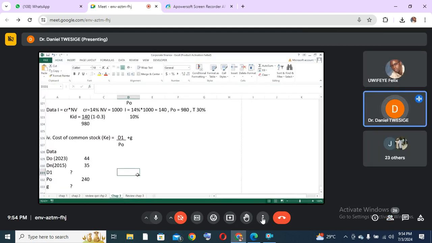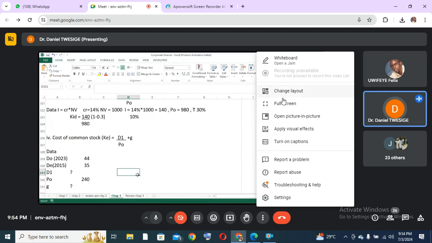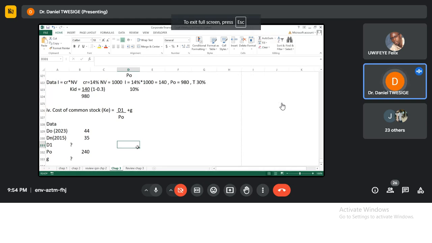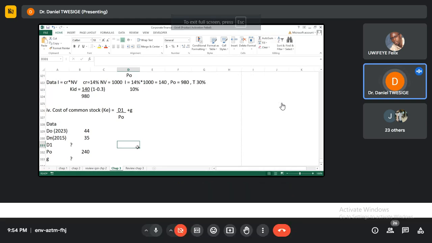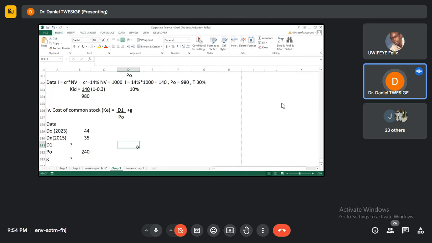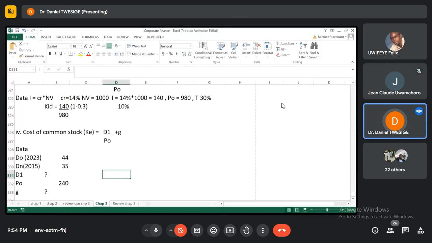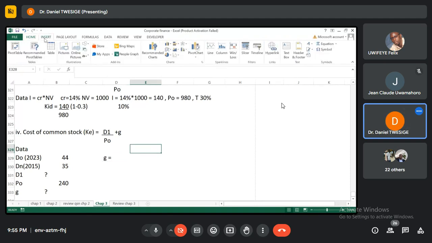The question now, how am I going to get G? Which formula should I use? Automatically, by having the dividend in 2015 and the dividend in 2023, you are going to use the arithmetic model to calculate this. So how are you going to get our G? Because we need the G now. Our G will be the